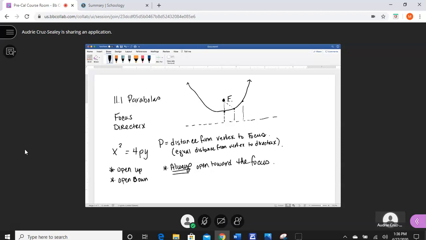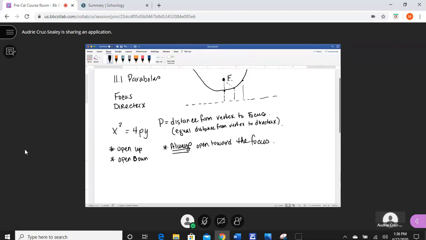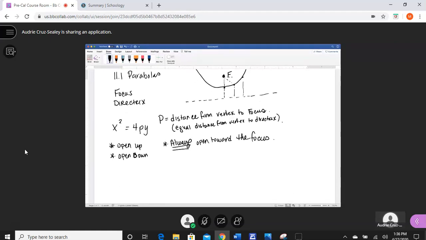That's another note I want you to add. There's one more note, and then we can look at some problems. There's something called a focal diameter, and that is a line segment